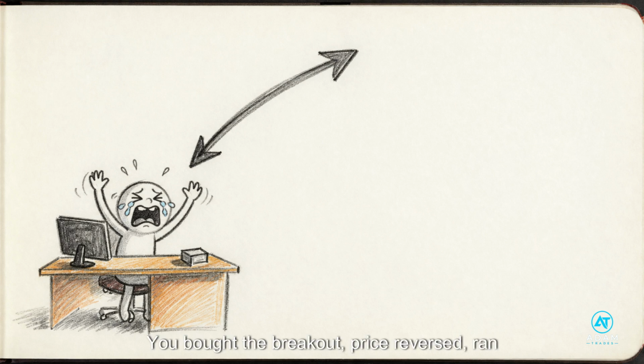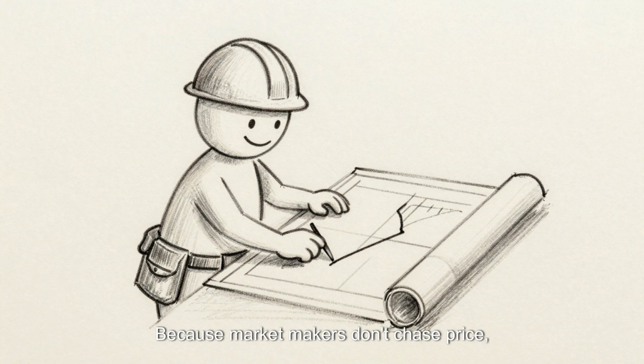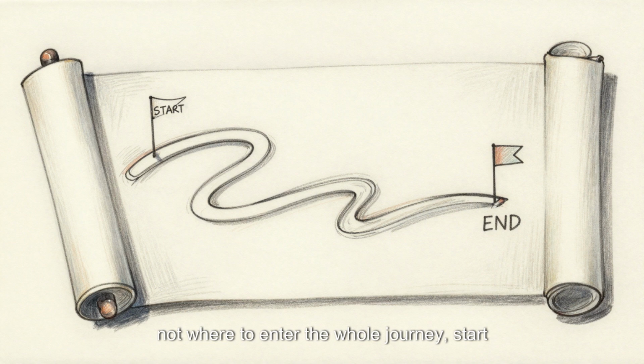You bought the breakout. Price reversed, ran your stop, then went exactly where you thought it would, without you. You weren't unlucky, you were standing on the wrong side of the model. Because market makers don't chase price, they build it. The market maker model is the blueprint for an entire move, not where to enter, the whole journey, start to